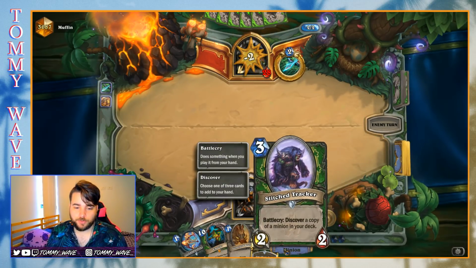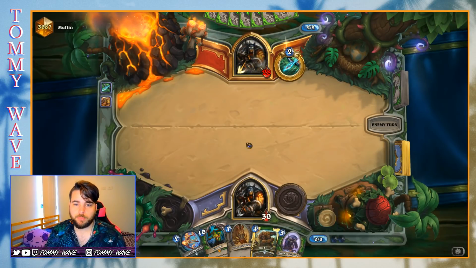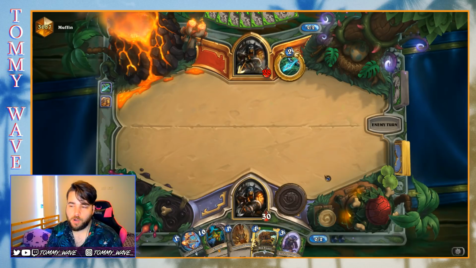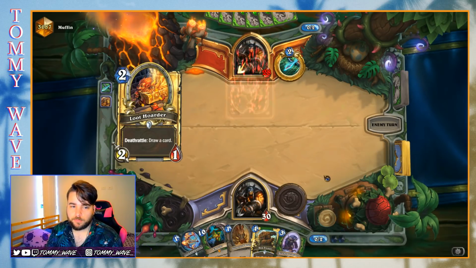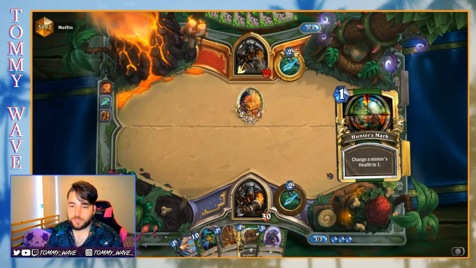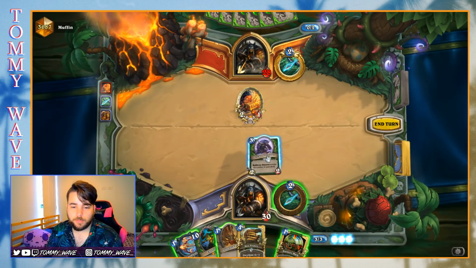Tracker is a good draw here. Gives us a turn 3 play. It is possible that we should have set up the Candleshot. Mind if I roll need? Yeah, now Candleshot's looking like the better play, but